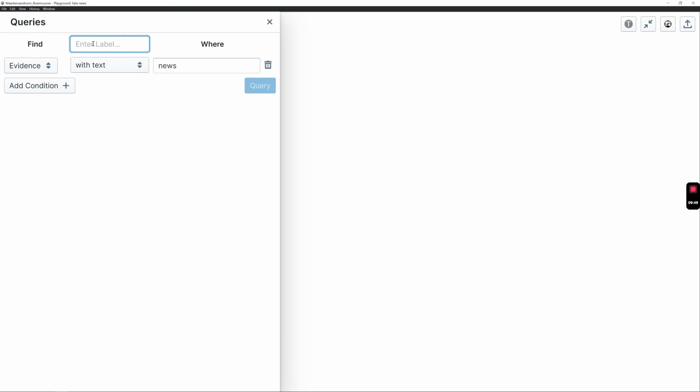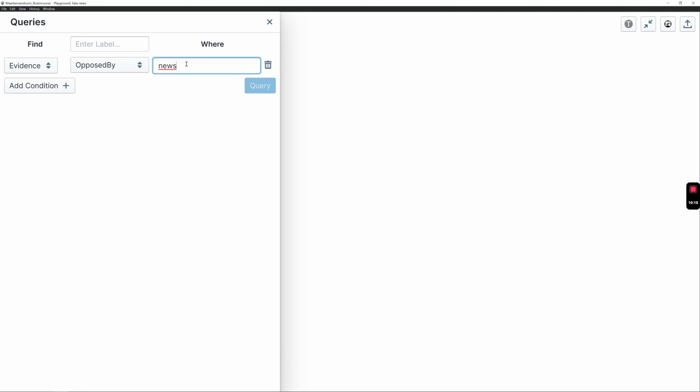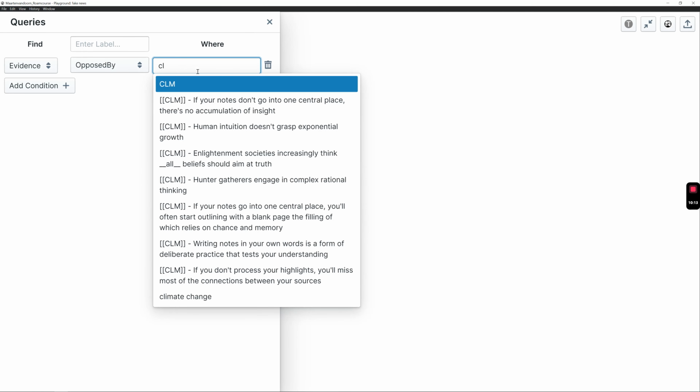So I have to enter the label. Now again, I'm looking for evidence. Then you can select a certain relationship that the evidence needs to have to some claim or something else. So you can do either a very specific search like this, searching your whole graph for all the evidence that has a "supported by" relationship to this claim,